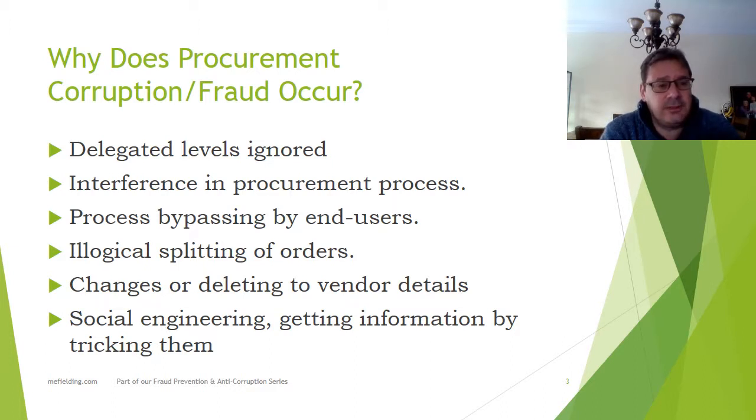So just running through the items which are over there, down at the bottom left, down below this picture. So the first thing is that delegated levels are ignored. Once you get to the level of approval, let's assume that we have Mrs. Smith. Mrs. Smith wants a brand new iPhone. iPhones cost $600. She sends it up to the procurement department, and there are 2 people who have to authorize